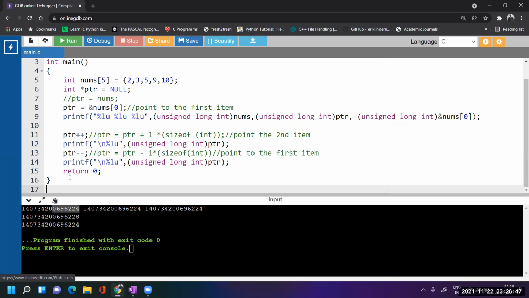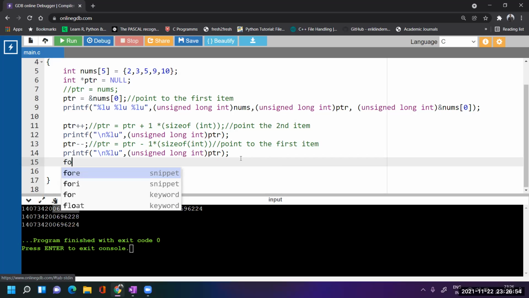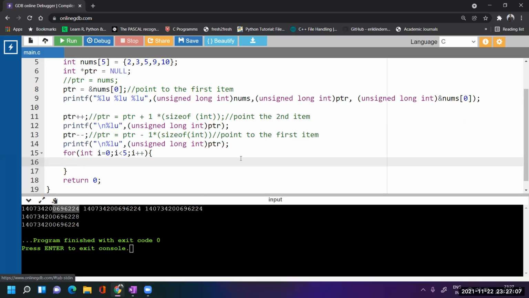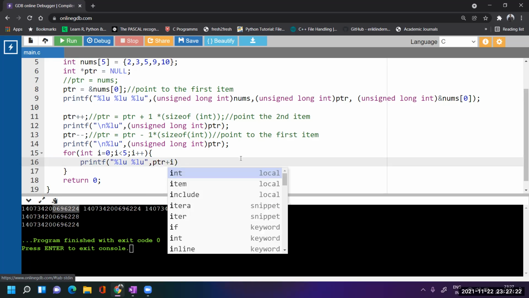Okay. So right now, after this PTR minus minus, PTR is at the base address. Correct? So now see what I am doing. I'm taking a loop over here. How many items do we have? 5 items. So let us print the addresses one by one. Printf %lu. Also, I am going to print the address using the array item. Now see what I am writing. PTR plus I. Right now I is 0.